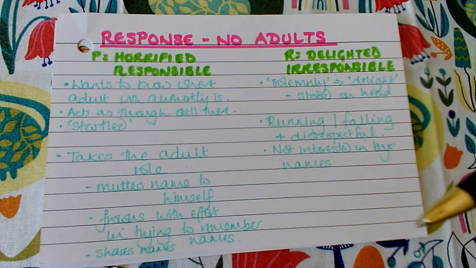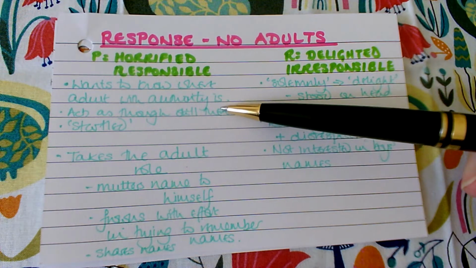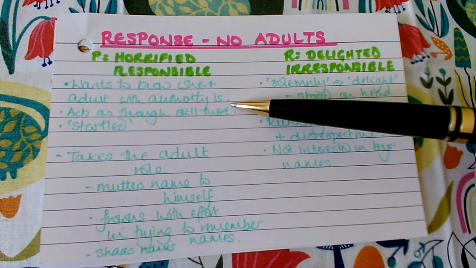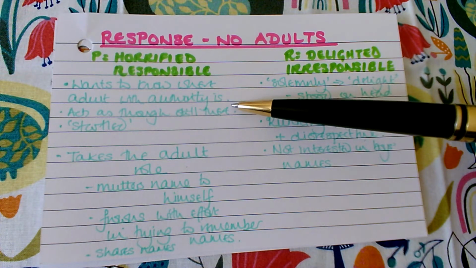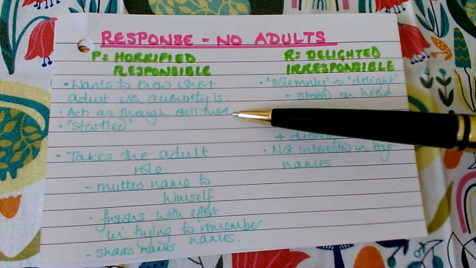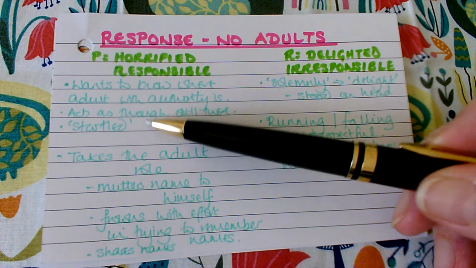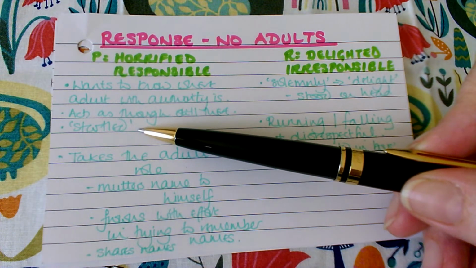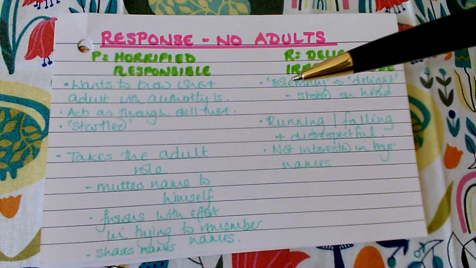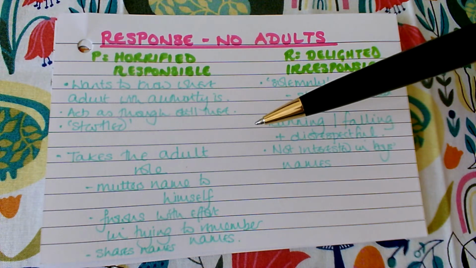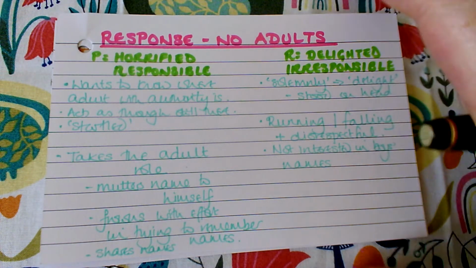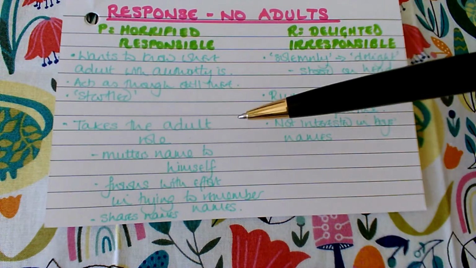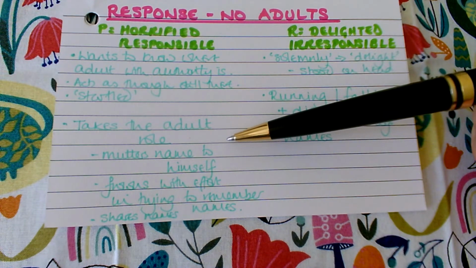But when he realises that they're not there, even though he acts as though there's still an adult around, he still very much feels the presence of an adult in his aunt, which I've spoken about at length in other videos, so I won't go on about it here. He's startled. When I say he's horrified, it's because Golding uses this adjective startled to describe his response to them not having that adult guidance. But more importantly, his response is to take the adult role. And he says, actually we'll have to do something.